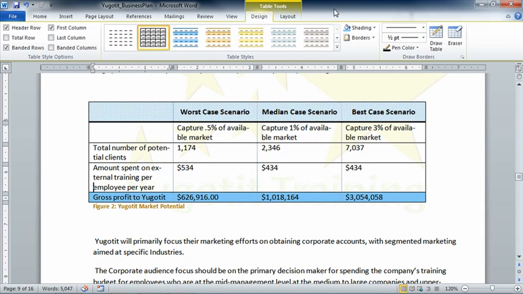So now, in addition to knowing how to make the regular content in our documents look nice, we also know how to do some